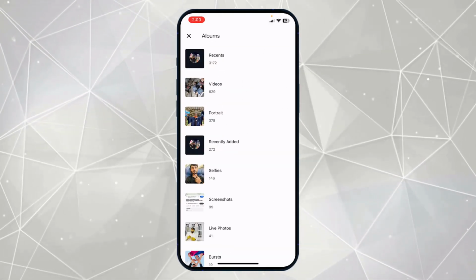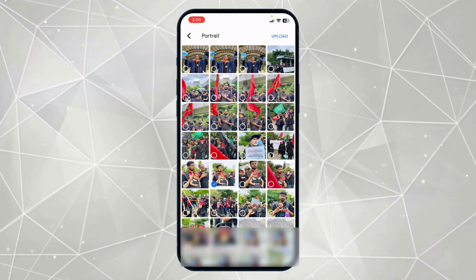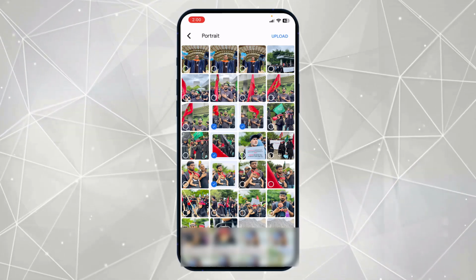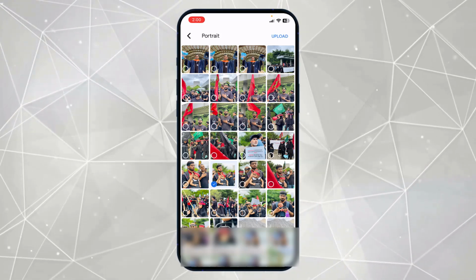So from here I will select a picture from one of these folders. So I will go to portrait section. Let's say if you want to upload more than one pictures, then you have to simply click on multiple pictures, okay? So for now, just for the demonstration purpose, I will select only one picture and I will simply click